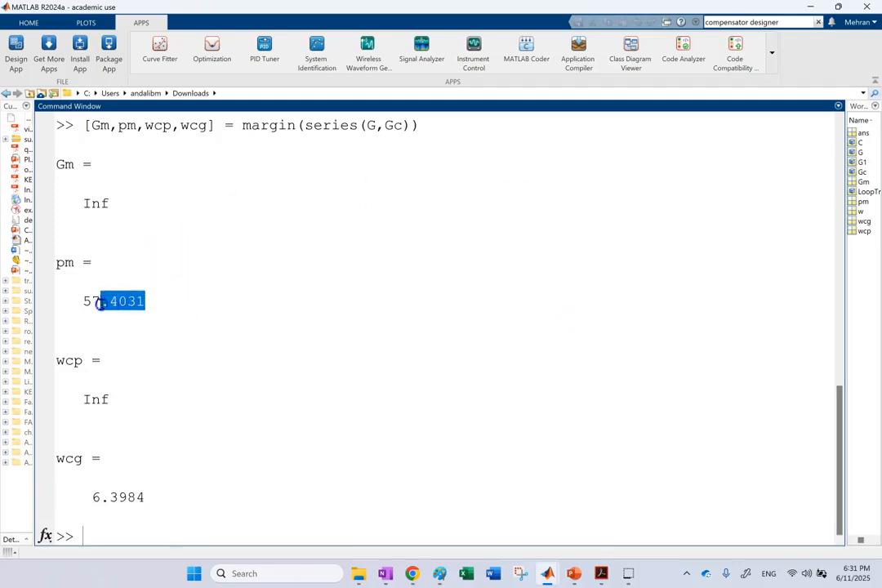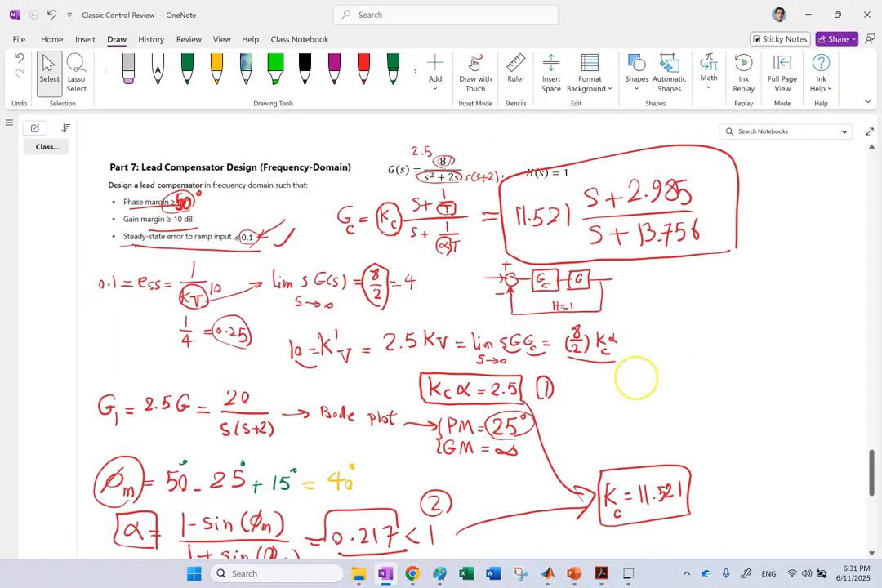And look, your phase margin is 57 degrees, your gain margin is infinity, and that is better than what I wanted. So this one turned out to be 57 degrees. This one is still infinite. That error is definitely 0.1 the way we calculated it in a ramp response, and this is definitely a good